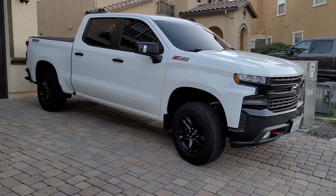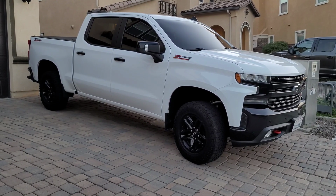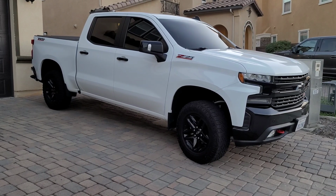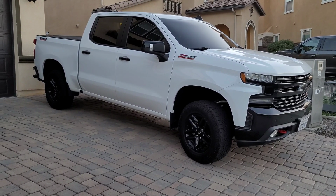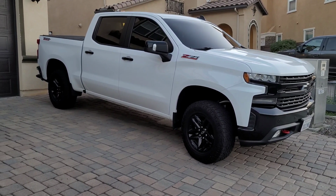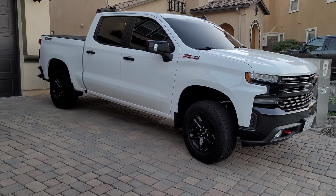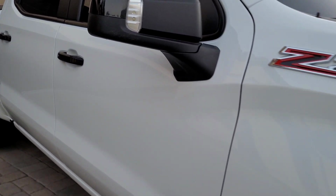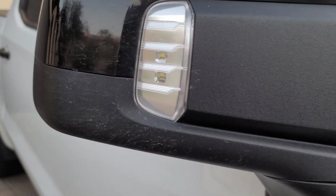So I think that's pretty atrocious, but when you buy a full-size truck and a lifted truck, an off-road truck, you're not buying it for gas mileage. So who cares? One option I think is totally dumb and totally useless on this truck are these LED